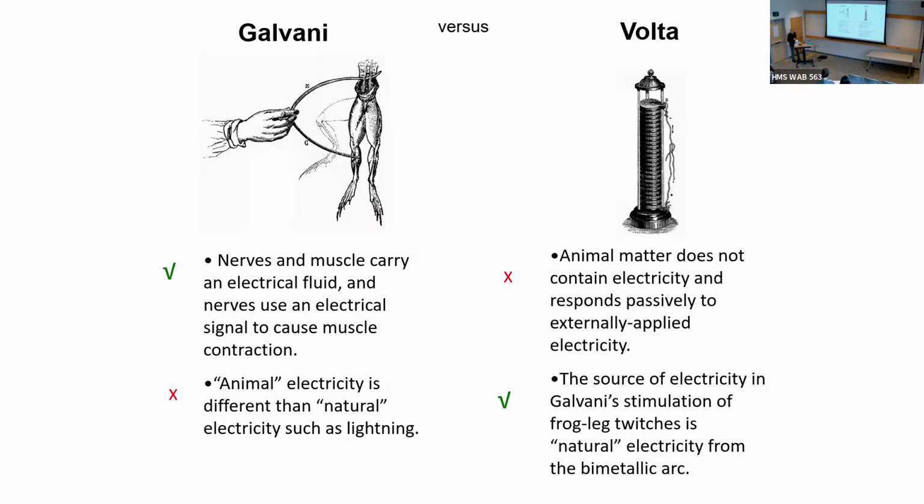And it's, by the way, Galvani's experiments that led to Mary Shelley's story of Frankenstein, because Galvani would go around and give these demonstrations and talk about how living beings used electricity to be alive. And then she extended that with the idea that you could revive a corpse using electricity.